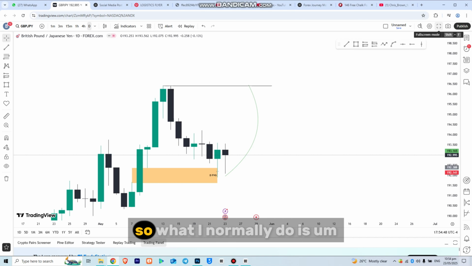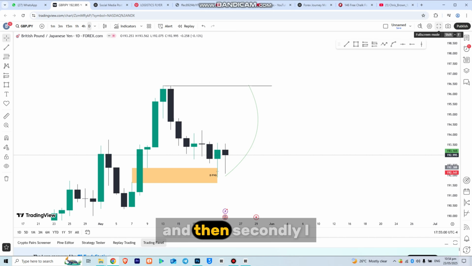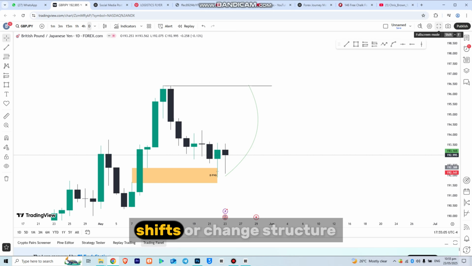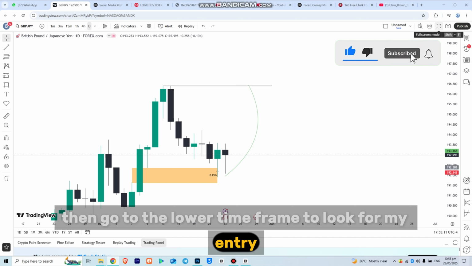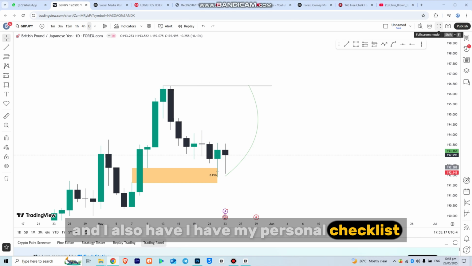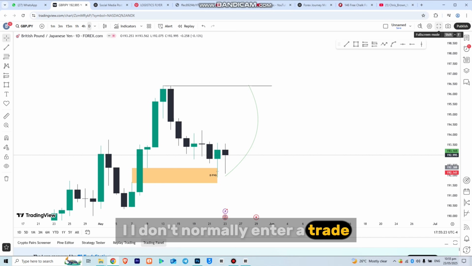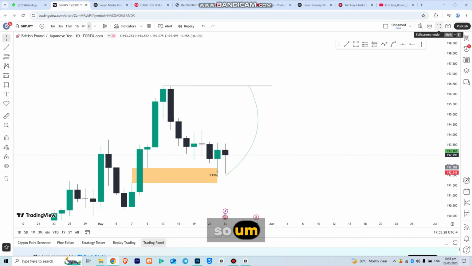Without wasting much of your time, what I normally do is first I check my directional bias, where the market is heading to, and then secondly I wait for when the market shifts or changes structure, then go to the lower time frame to look for my entry. That's all it is. I have my personal checklist, so once that is not complete, I don't normally enter a trade, which is a set rule personally for me. So on the 22nd,